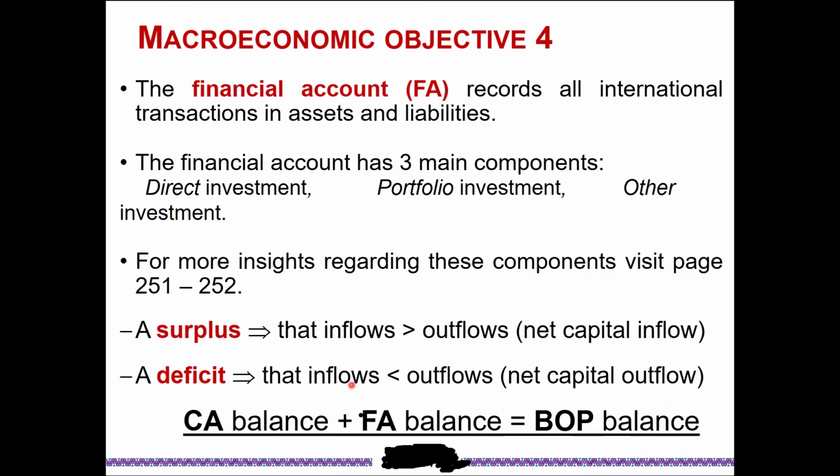So where Patrick Motsepe would buy shares from Manchester United, right? That is portfolio investment. So now if the inflows are greater than the outflows, it means that we have what? A surplus, because it means that more people are investing in us than we're actually investing in them, right? So that we have what? A surplus. And then a deficit is when the inflows are less than the outflows, meaning that